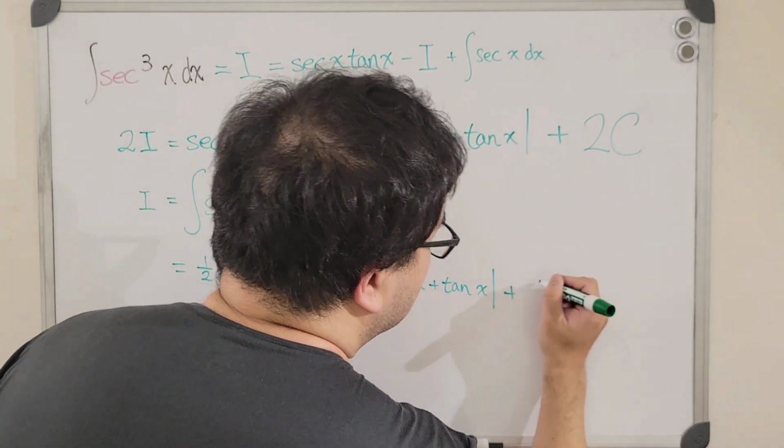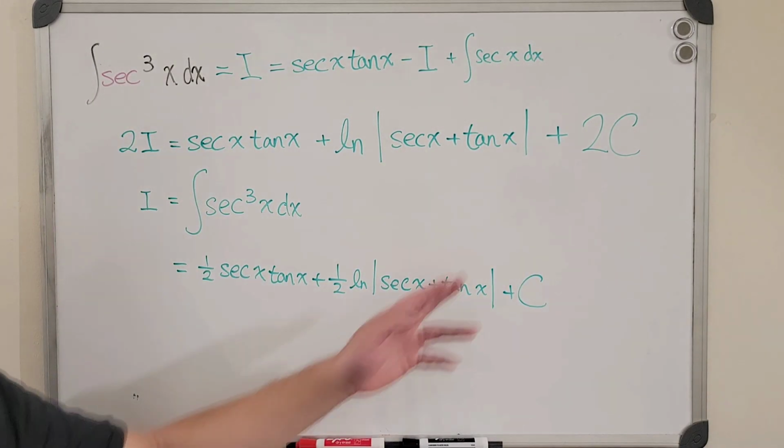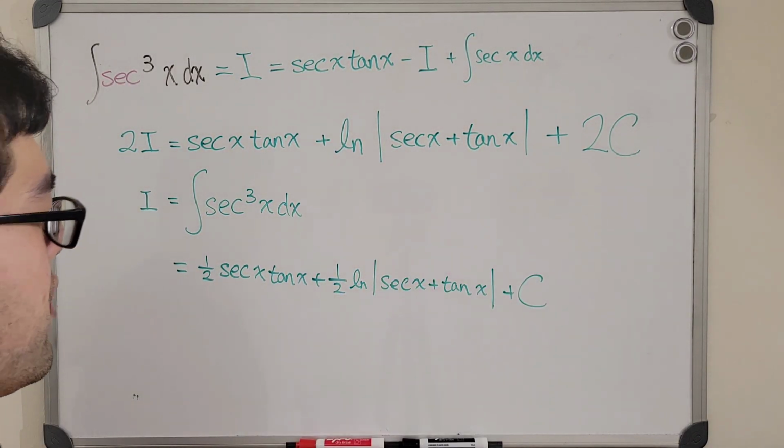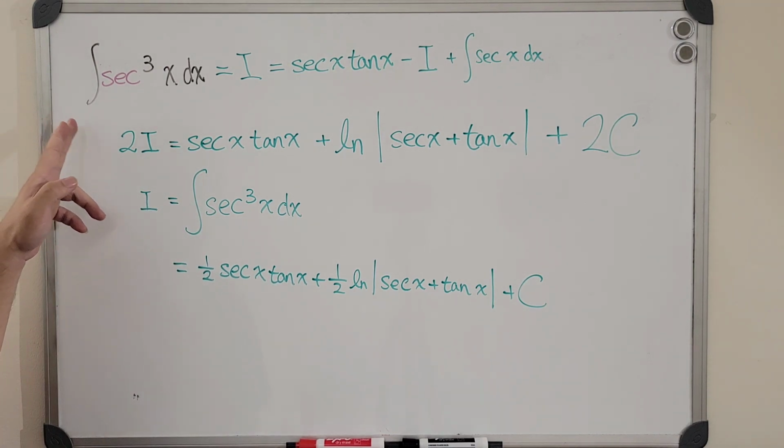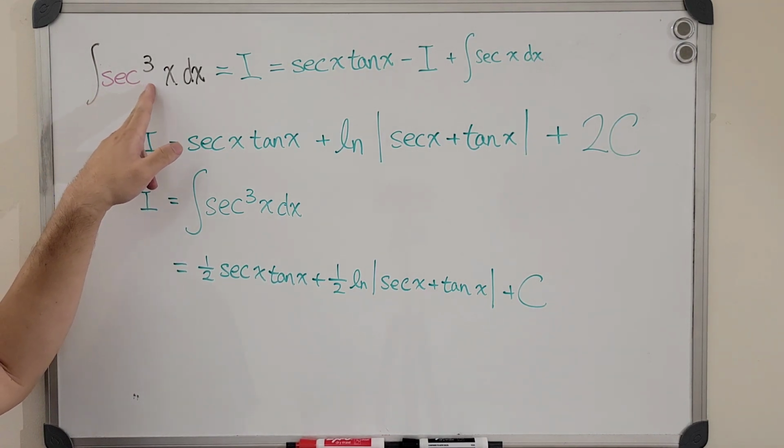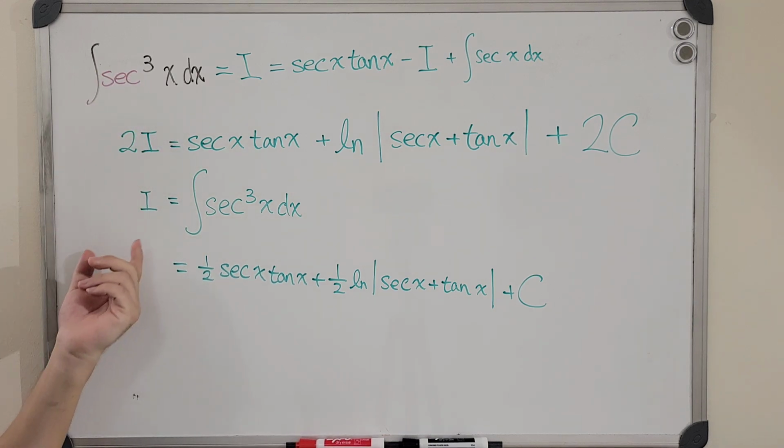And finally, we just have plus c, so that the two will be cancelled out. That's it. So this is how we can get the integral of secant to the third power